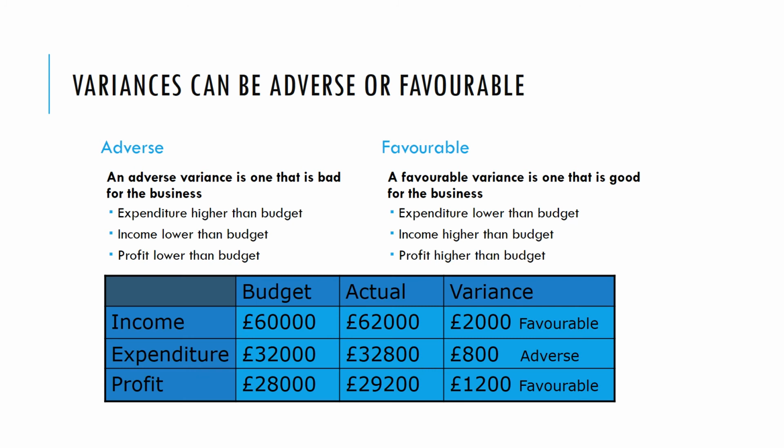Let's have a look at some examples down here. The income budget that we had before was £60,000, and what actually happened, the income was £62,000, so that variance was £2,000, but it's good news, actual income was higher than was planned, so that would be favourable. Expenditure budget was £30,800, the business actually spent £32,000, again the variance is £1,200, it was higher, but this is adverse because the business spent more than they planned. So the profit overall was £800 higher than planned, so that would be favourable.